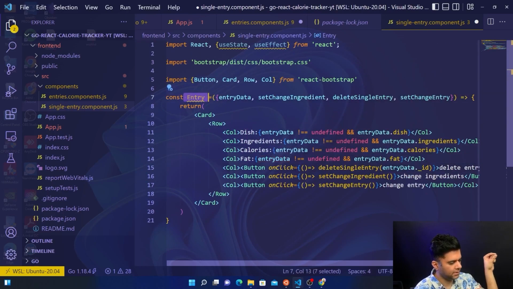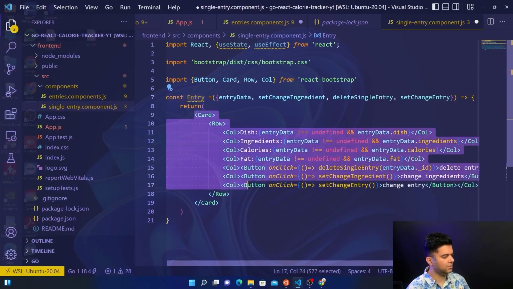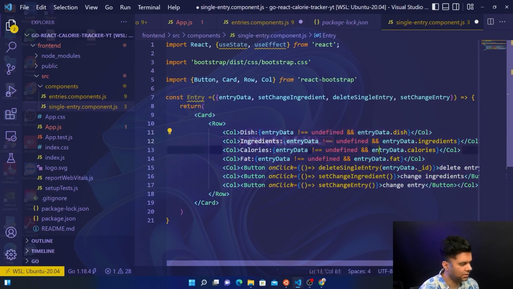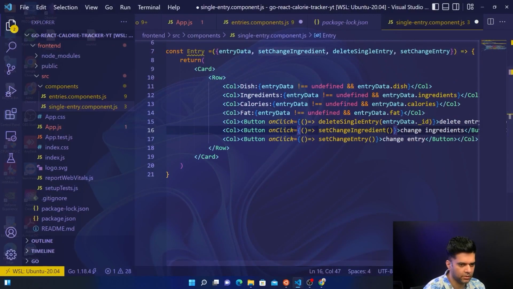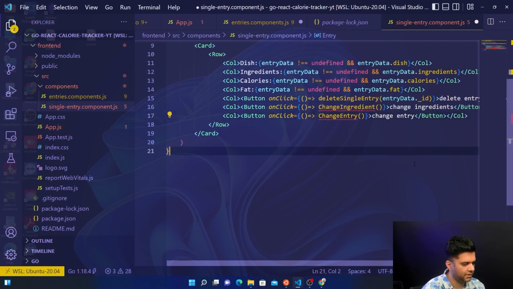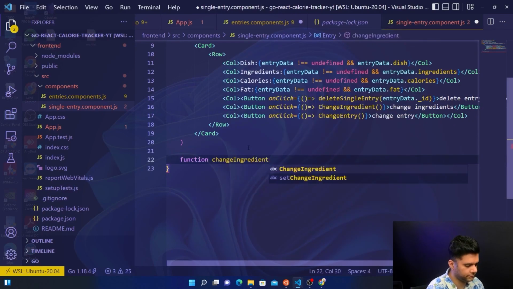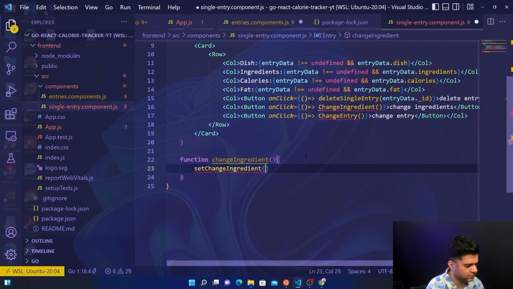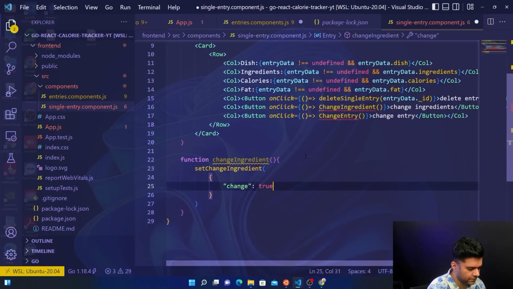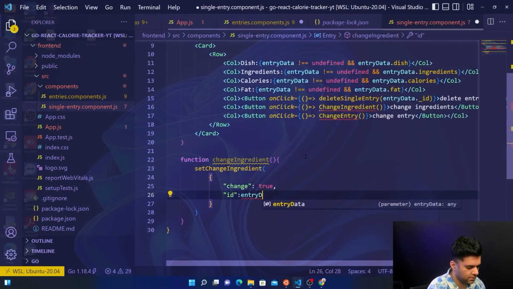So the way you say an entry, that's the whole component. It's going to have a card, it's going to have multiple rows, and for each row you can define what the columns are, and you can define the data that's getting printed in each of those columns. Now these two functions, change ingredient and change entry, we'll have to now define here. So we'll say function change ingredient, set change ingredient. So we'll have change equal to true, comma id entry data dot id,